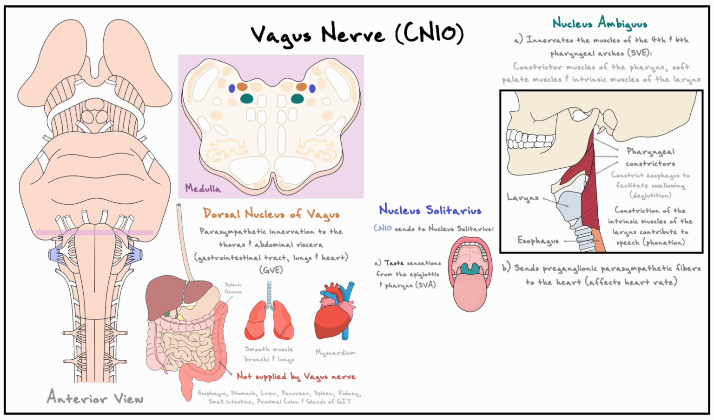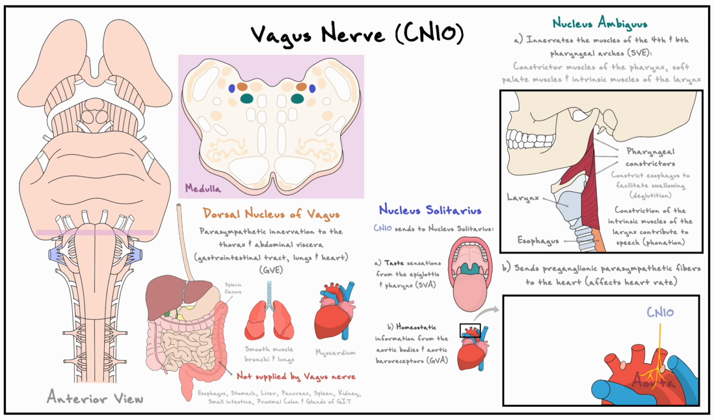Recall that taste from the tongue was carried out to the nucleus solitarius via cranial nerves 7 and 9. The second sensory signal that the vagus nerve carries to the nucleus solitarius is homeostatic information from the aortic bodies and baroreceptors. These structures in question are located at the aortic arch, which is the portion of the aorta that